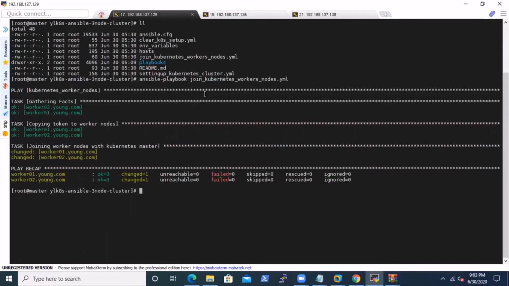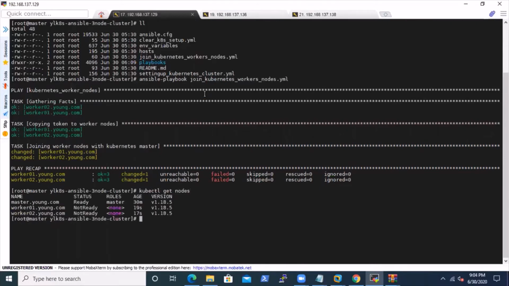It finished successfully. Let's again run kubectl get nodes. It is showing 3 nodes now, but 2 nodes are still not ready. As I told you in the last case also, we have to wait for some time.